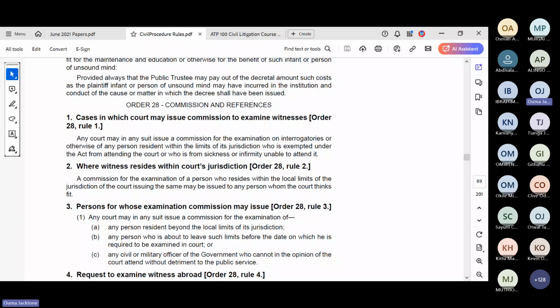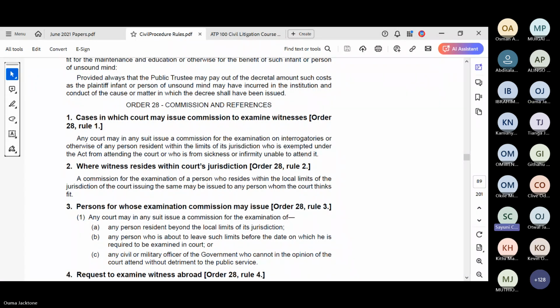But if we want their evidence, we will send someone to them. That person we are sending to them is called a commissioner, to go and commission them. Guys, you know commissioners of oath. When you're commissioning an oath, it means you are going to the commissioner and the commissioner is commissioning you.